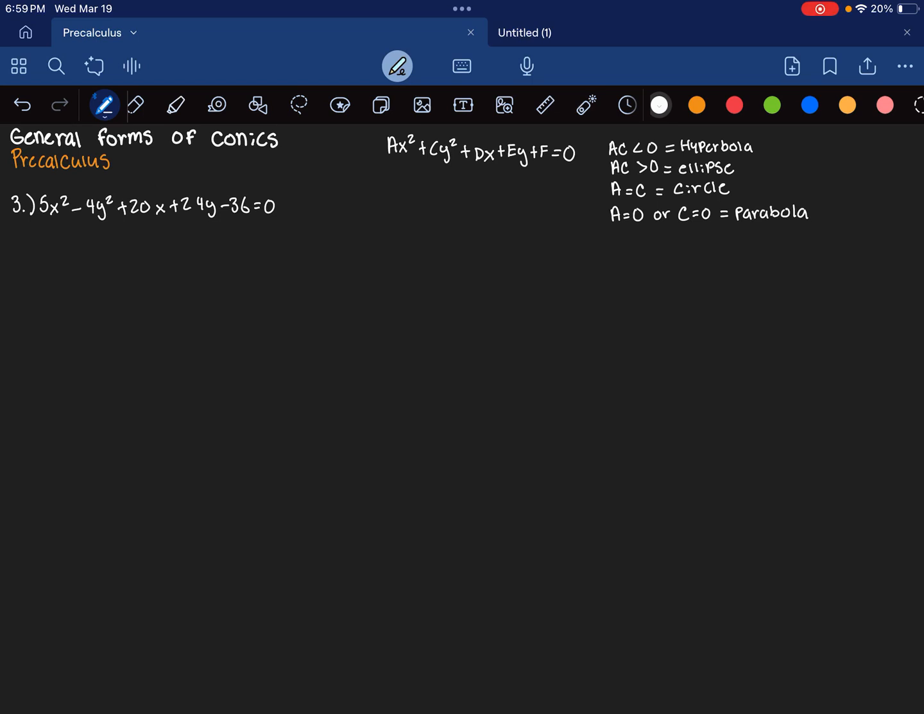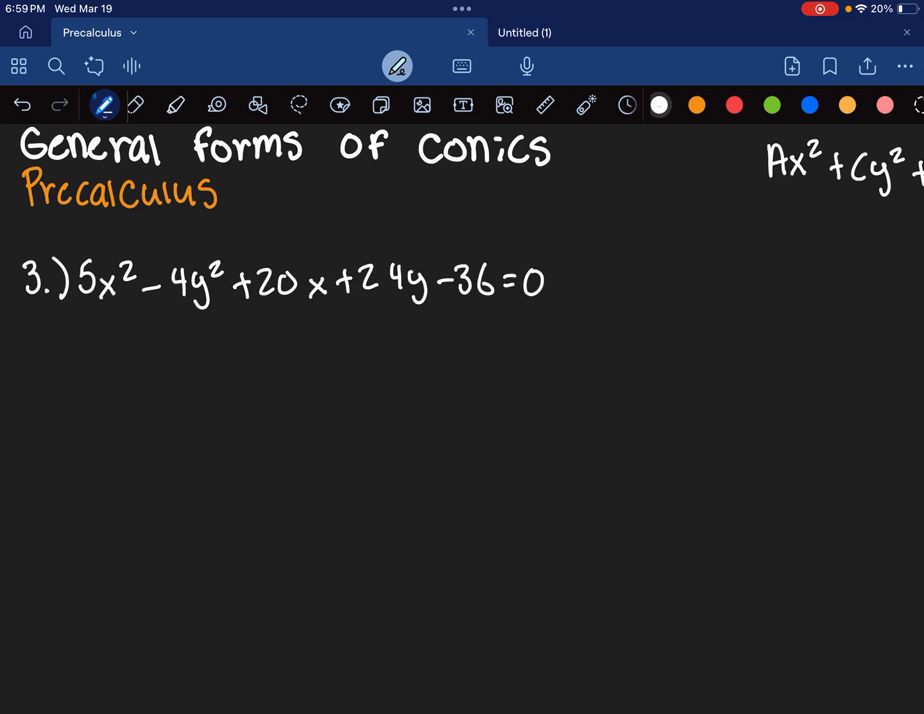Hello, today I will be working on the general forms of conics for pre-calculus. I will be working on the single problem question. I will be finding the conic name and writing it in standard form. So let's get started. For this equation right here, what we first want to look at is what type